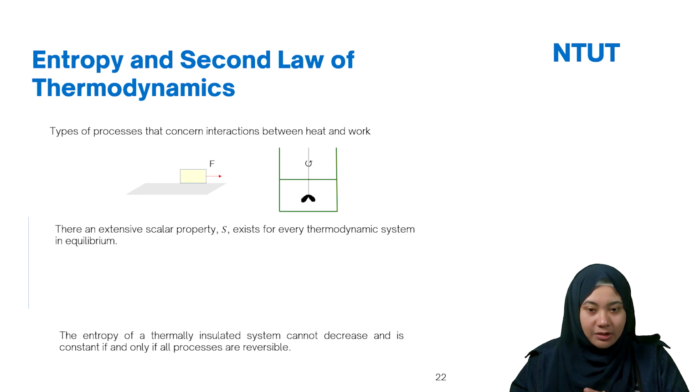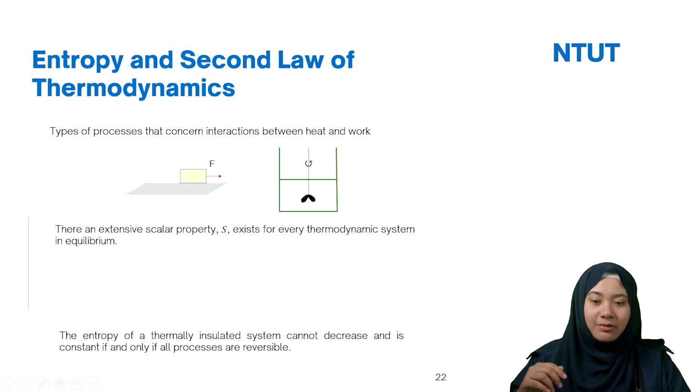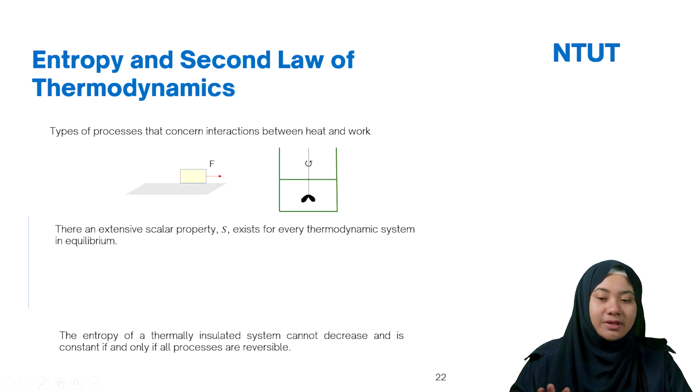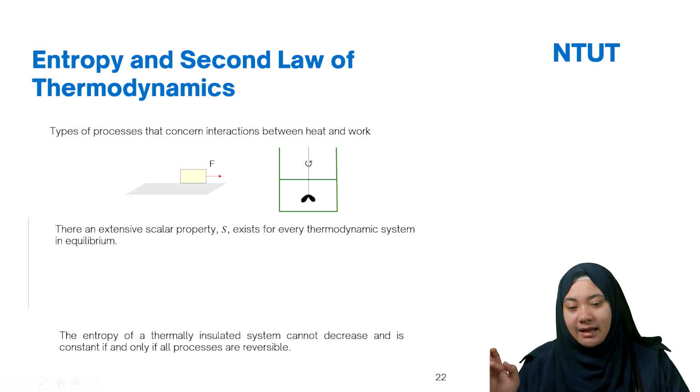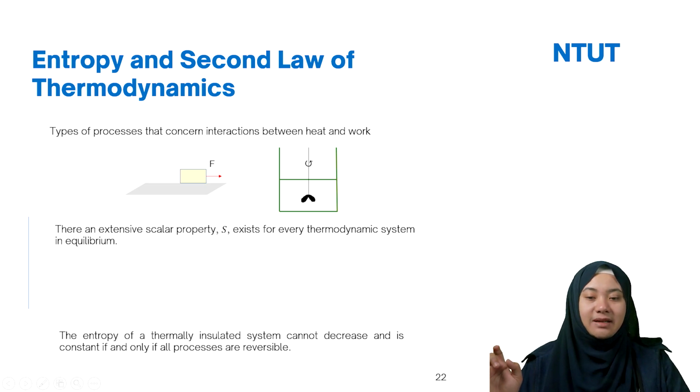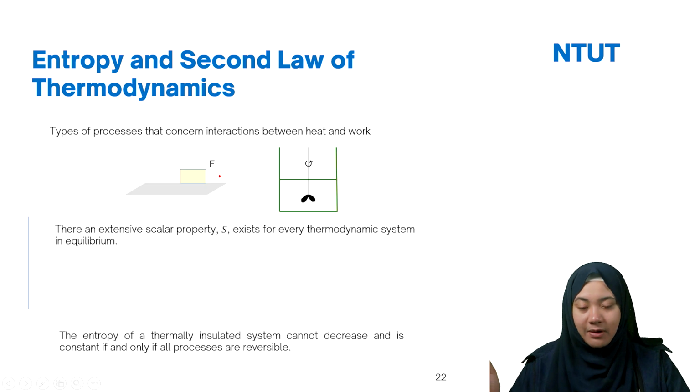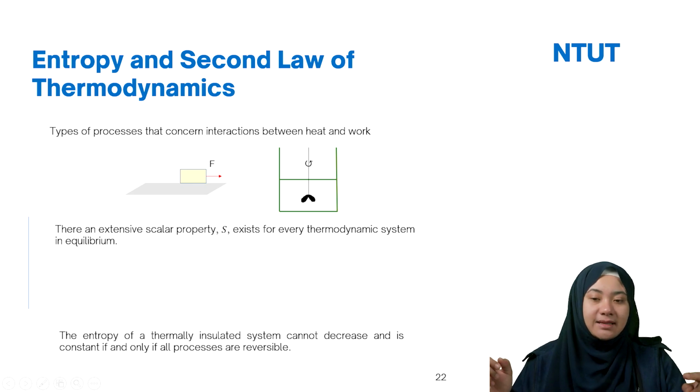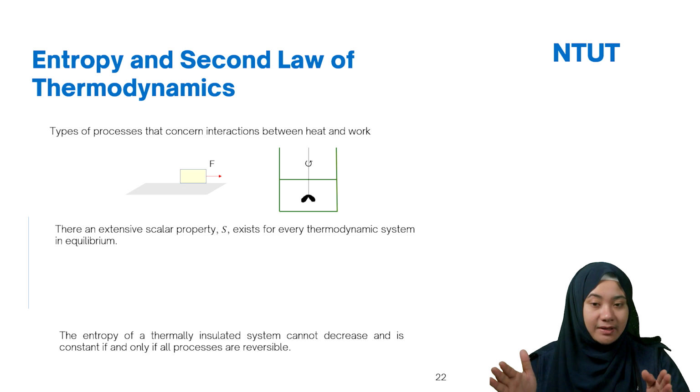For example, here you have a process where there is an object on the surface, and I want to move it with a specific force, and then we can calculate the S, or entropy, here. The entropy in and entropy out, how much is the difference? The same here: we have systems, and we want to mix them, and you can see the scalar properties, the S properties. In this case, is the system increasing or decreasing? Also, remember the second law: entropy never decreases, it always increases.